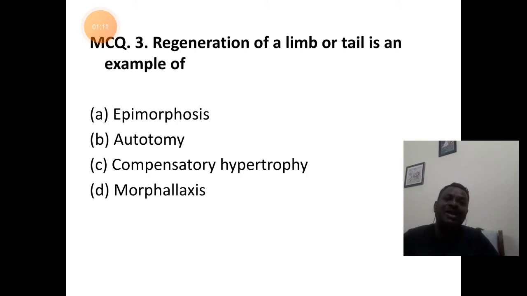Regeneration of a limb or a tail in the amphibians and reptiles is an example of epimorphosis, where the permanent cells of differentiated cells will tend to go back or reverse back to the embryonic stage, and they start moving to the region of wound to regenerate the new organ to form the regeneration bud or blastema. So answer is A,